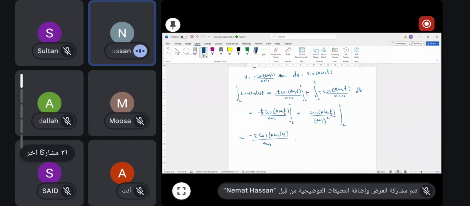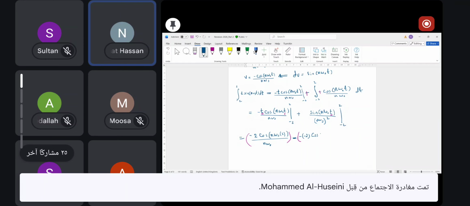That's the upper limit. Minus the lower limit, which is minus 2